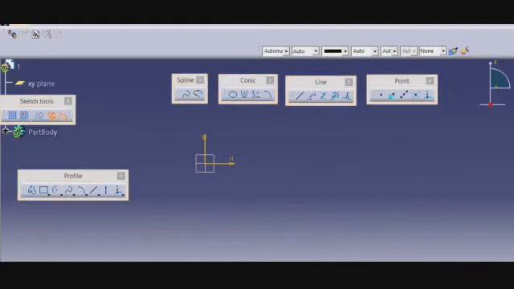This is how we saw the creation of spline, conic line and point